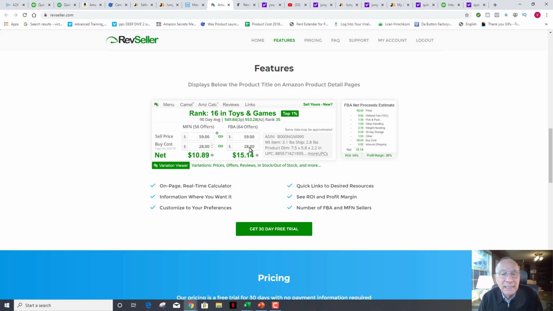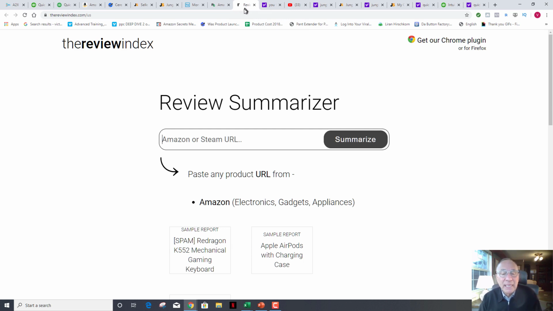If you have an idea of what your cost is on the product, it'll net out your profit, and you can see the profitability, and you can see here how it breaks down all the Amazon fees. So there's $15 in fees here, and how they got computed. So that's a pretty nice little tool, and it's a good little add-on. Now, RevSeller is free,